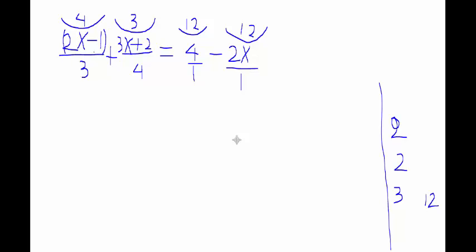Everything on the numerator that is not just a single number, you have to put in a parenthesis. Okay? So we have 4 times 2x minus 1